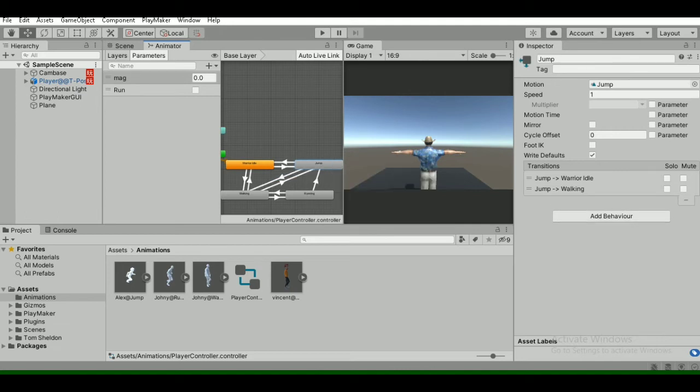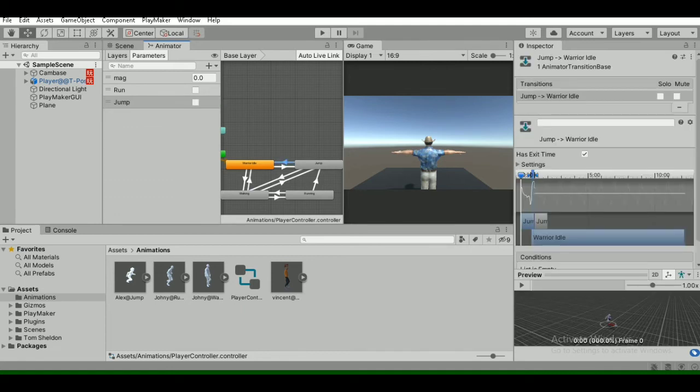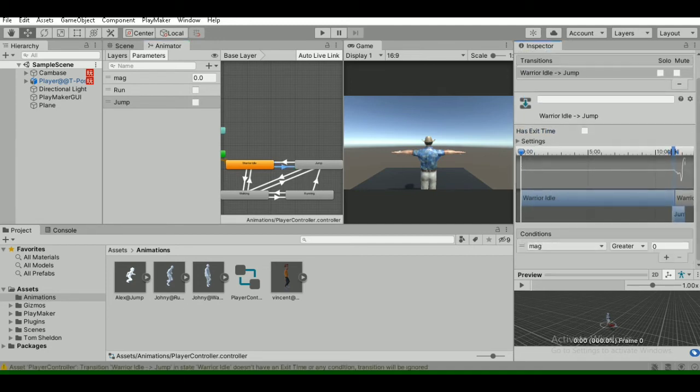We just don't need to make a transition from jump to running. Okay, so now let's quickly add a new parameter here called bool, is jump. Has exit time should be off, and add a new condition: if jump is true.